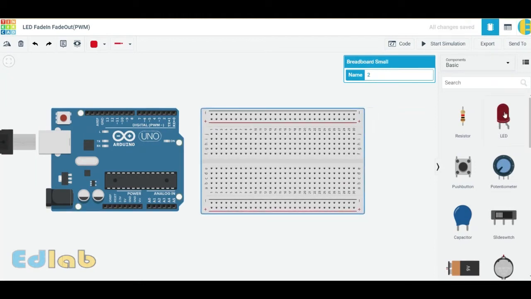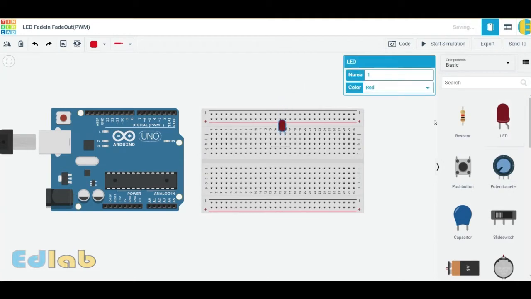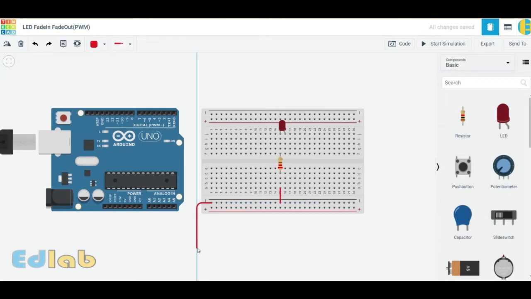So we will start from one LED. We take one resistor. Resistor value we change to 220 ohm. Connect the resistor to the negative of the breadboard. Connect the negative of the breadboard to the ground of the Arduino. So the whole line for this breadboard, these dots have negative connection. Change the color to black to easily identify.